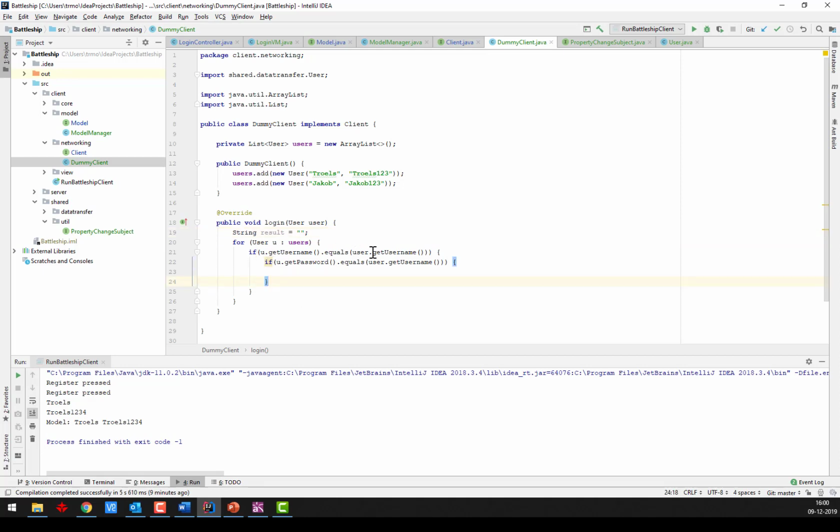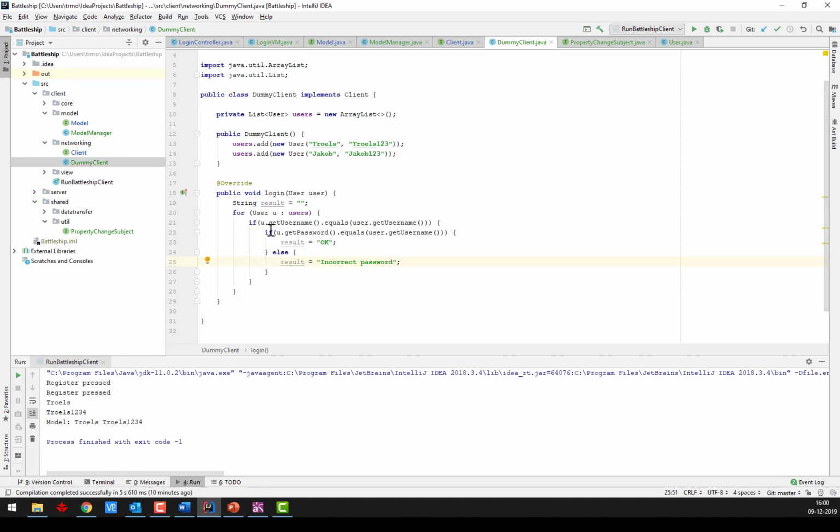And then I say if I find the username but the password doesn't match, so in here, if I get to this part of the if statement, this means that I have found the correct username and the password matches, and I just want to return OK. Otherwise, I want to say result equals incorrect password. And if I don't find the user,